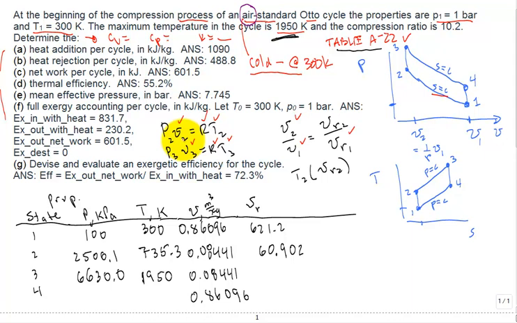Now that you have the temperature and the pressure at state 3, really the temperature allows you to calculate V sub R at state 3. So we'll come over here, we look up V sub R at 1950 Kelvin. That comes in at 3.022. We undergo isentropic expansion. So you multiply, just like this one was, you multiplied by 1 over the compression ratio. Here, because it's expansion, you multiply by the compression ratio. In this problem, it's 10.2. So that comes in at